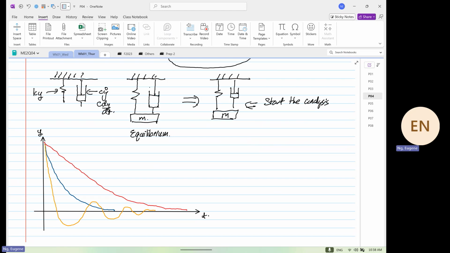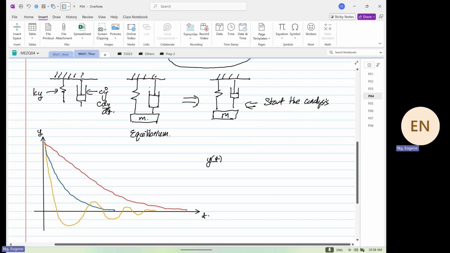So what's the response of these three graphs? What is the common feature that you see? All converge. So they are all what? Decaying. Right? So they are all decaying. So after they observe their decay, they realize that y over t, or y as a function of time, must have a decaying